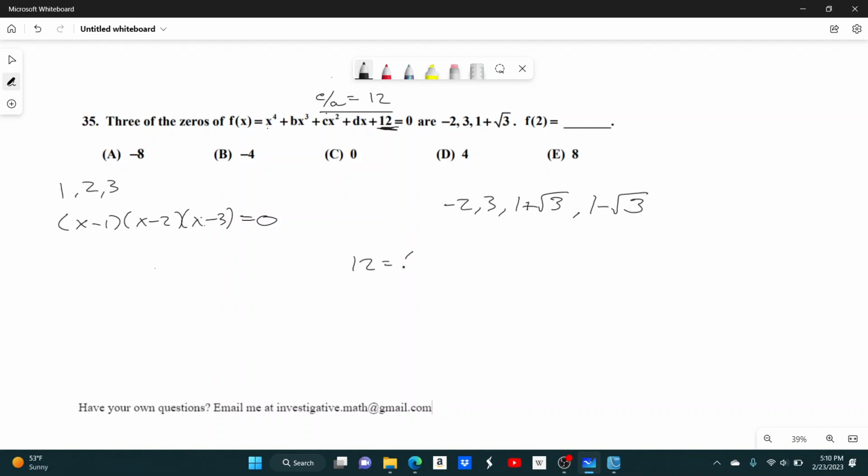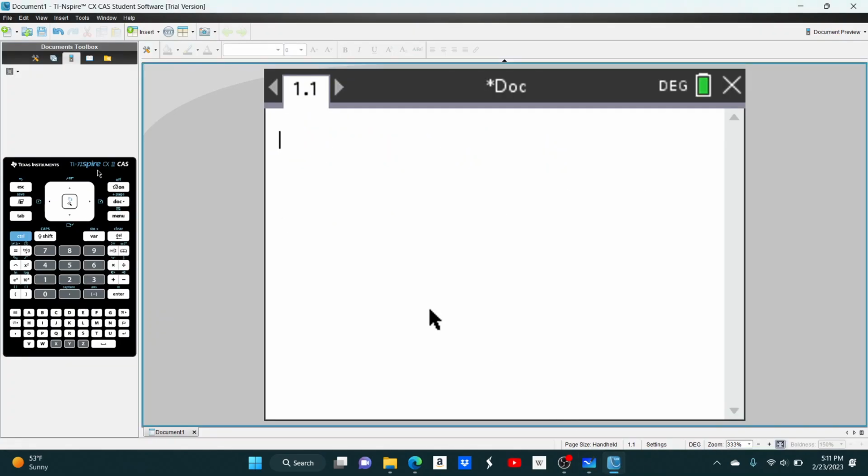So 12 equals -2 times 3 times (1 + √3) times x. And I'll just see what that is. Negative 2 times 3 is -6. So it would be -2 equals (1 + √3) times x. So you get x = -2